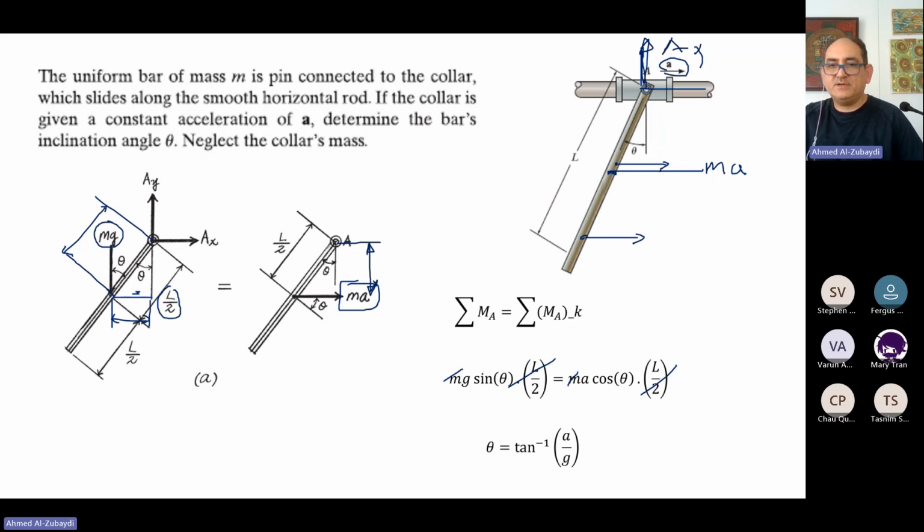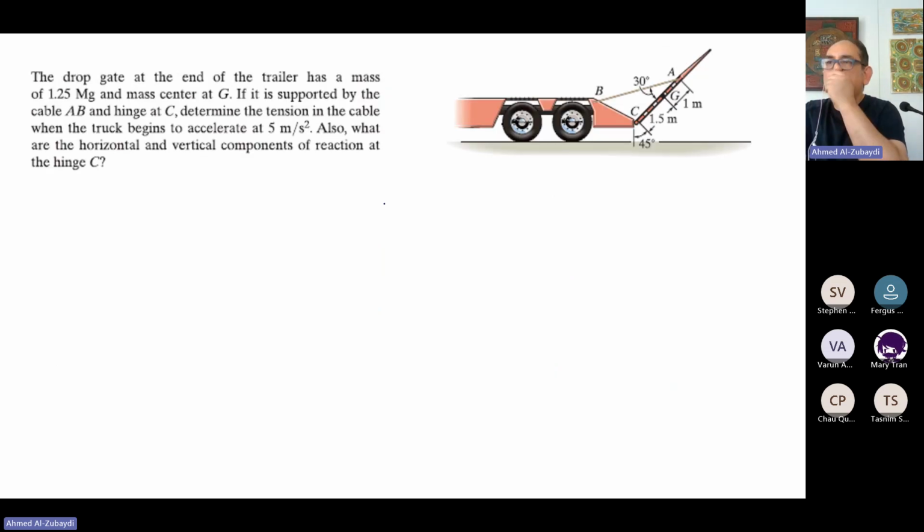And again, it's going to be almost the same level. I don't want to take you to a very high level. It's about this truck. The truck has a drop gate here in the back, and this drop gate is connected to the cable AB. This cable AB will be cut suddenly, and then the gate is going to rotate around the point